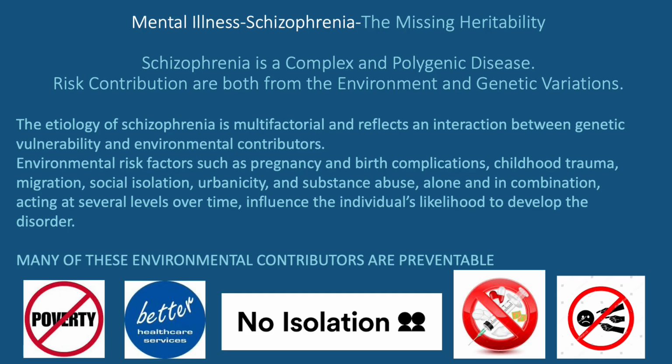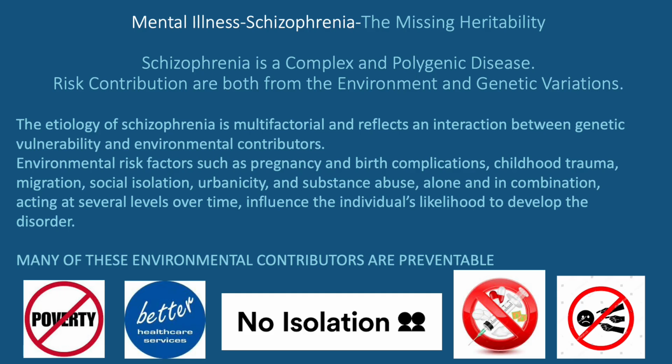It's a complex disease, meaning that it is not due to a problem in a single gene, such as, for example, cystic fibrosis, and it is a polygenic disease because it's the result of many variants in the genome that together increase the risk of developing schizophrenia. But most importantly, the risk contribution to schizophrenia is both from the environment and from these